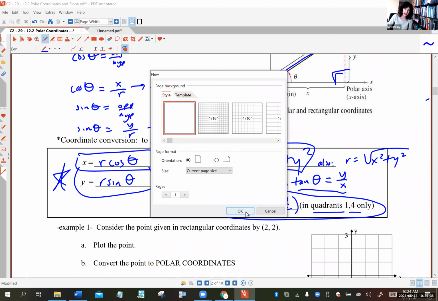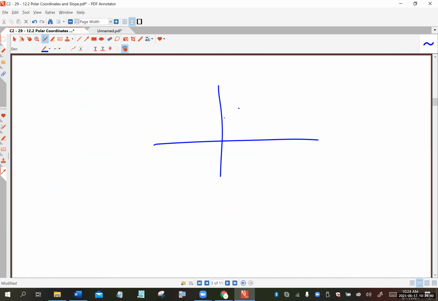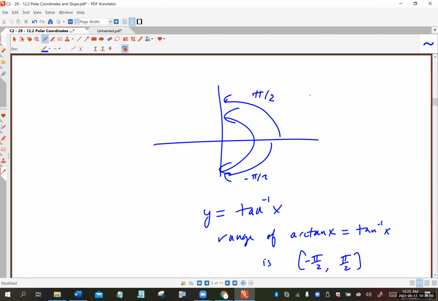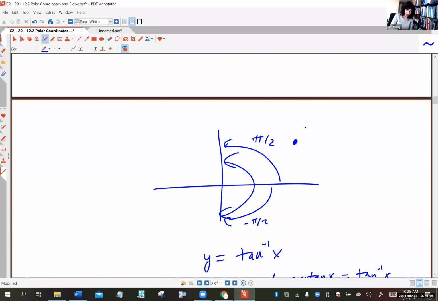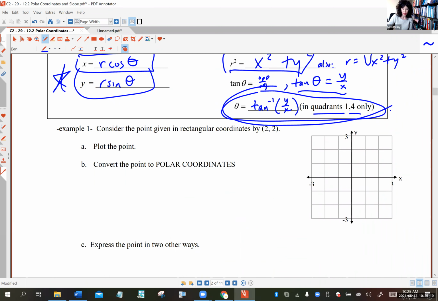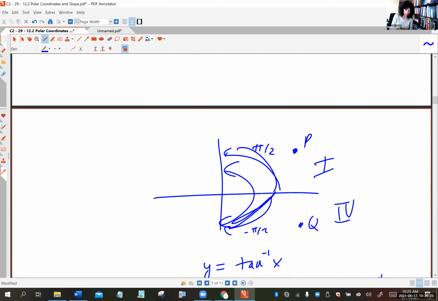Let's do a little bit of review of arctan. This is good review for the final. Do you guys remember that from your days of arctan, the range of arctan x, which is the same as tan inverse, is negative pi halves to positive pi halves? Do you guys remember this? Yes. If you don't, you better. So if you have a point P that's located either in quadrant 1 or down here Q in quadrant 4, the formula here will work perfectly because the angles will be located between negative pi halves and